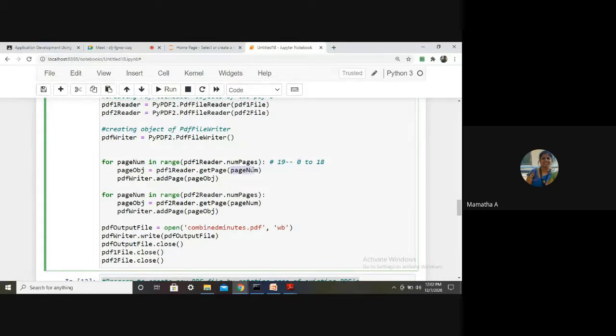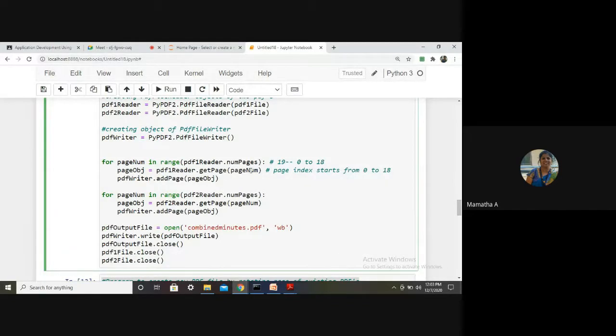Which page am I extracting initially? The first page. Page index starts from 0 to 18, that is 19 minus 1.